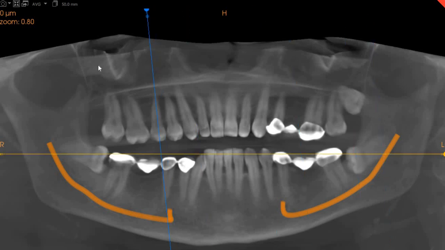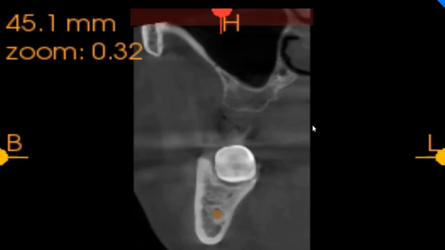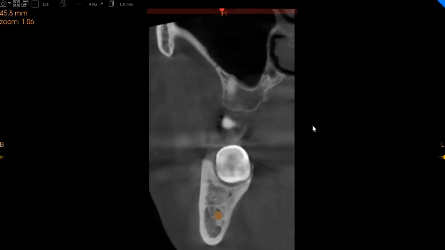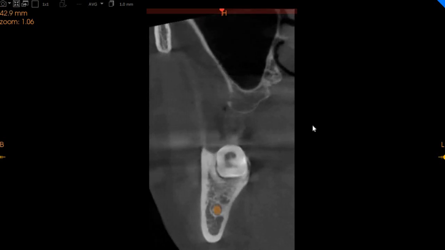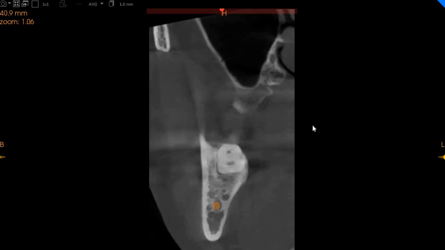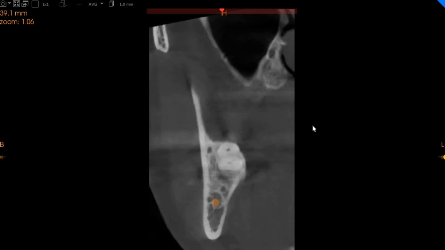Now we're going to move you to the lower right wisdom tooth. The lower right wisdom tooth is also horizontally impacted, but the crown portion is completely out of the ramus. As you can also see on this portion here, we don't have any bone covering this tooth. Moving towards the distal side of the apex, you can actually see that the roots are covered by the ramus